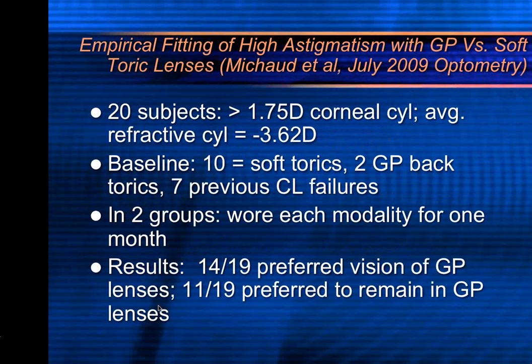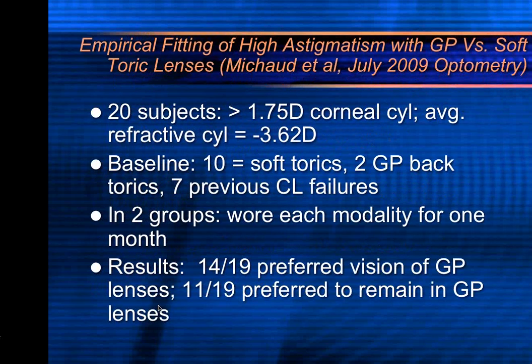into a round hole. It might be someone with 2.5 diopters of refractive cylinder or more, where any rotation of that lens can result in blurring, or it can even be somebody as low as 2 diopters of cylinder, but they have a very low spherical refractive error, so again, rotation of that lens can result in blurring. And if they've got at least 2 diopters of corneal cylinder, a bitoric lens should be seriously considered in these